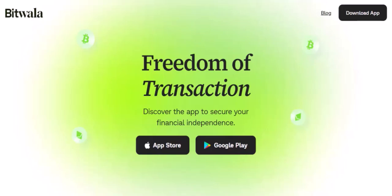Bitwala is an app that combines traditional banking with cryptocurrency. When we talk about bugs, we're really looking at the friction points where these two complex worlds, finance and crypto technology, meet within a mobile app environment. The biggest factor causing bugs isn't just one bad line of code, it's the sheer complexity of what the app